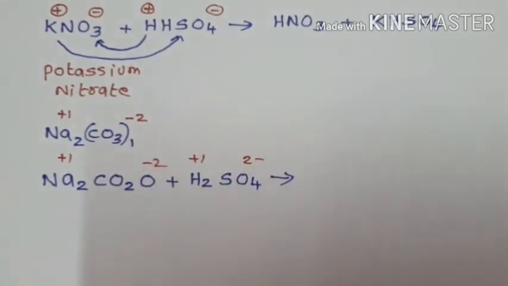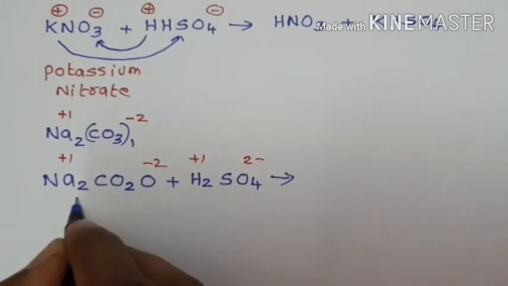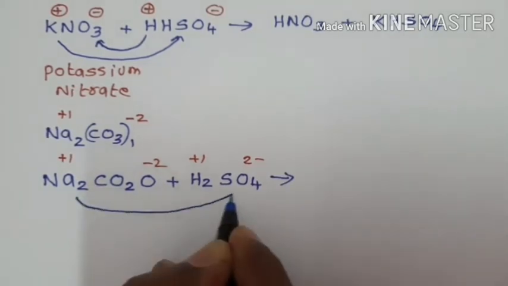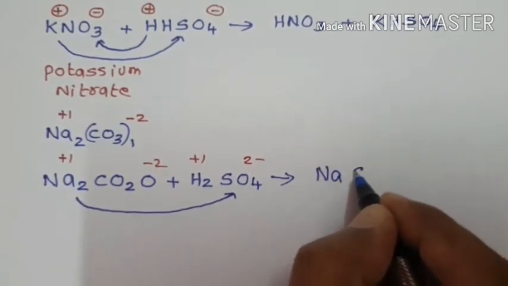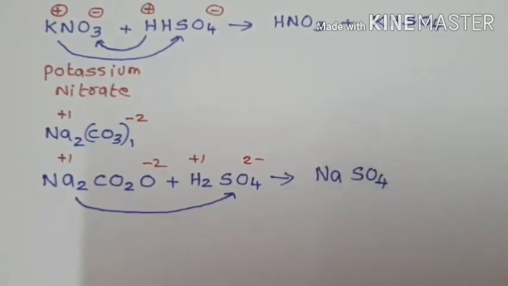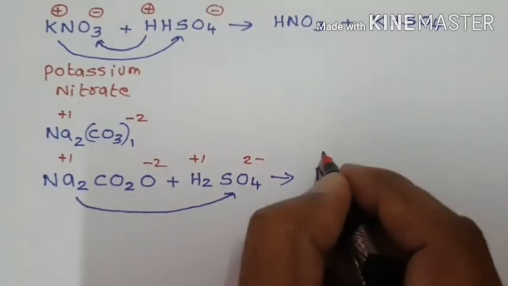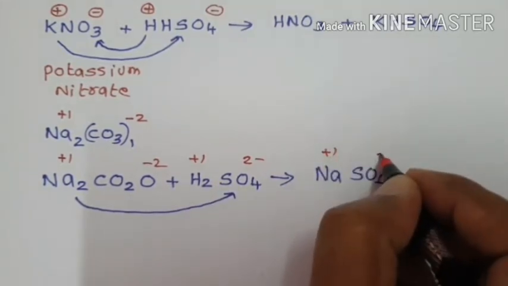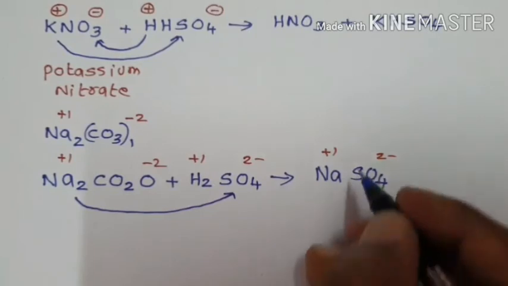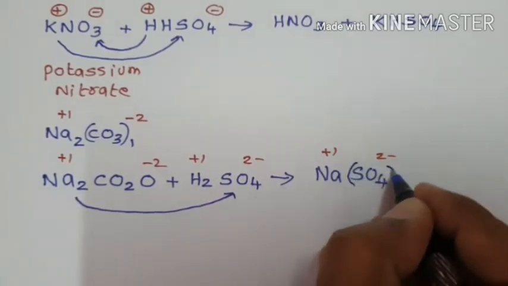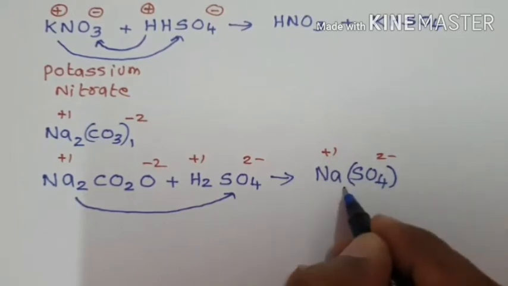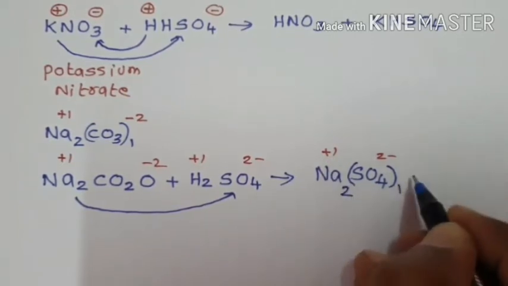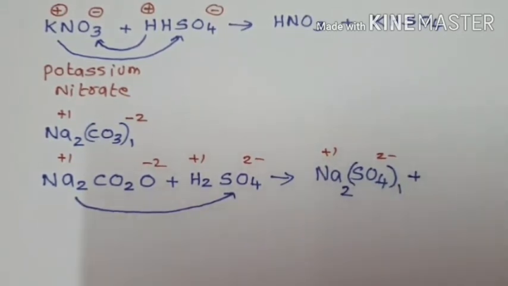So what are our products? This sodium plus combines with the sulfate ion to give Na2SO4. Sodium is monopositive, sulfate is a 2 minus ion: oxidation state of sulfur 6 plus, 4 oxygens 8 minus, therefore 2 minus. When we write in class, that 2 is here, 1 is here, plus this